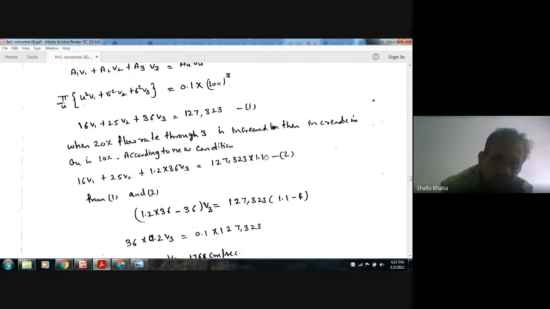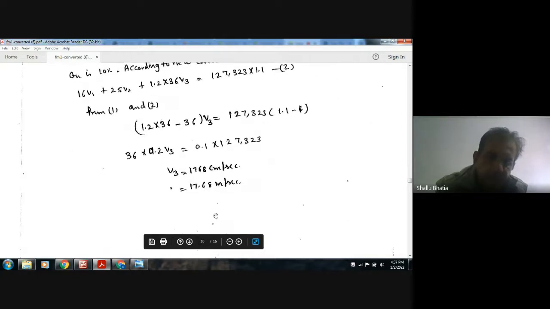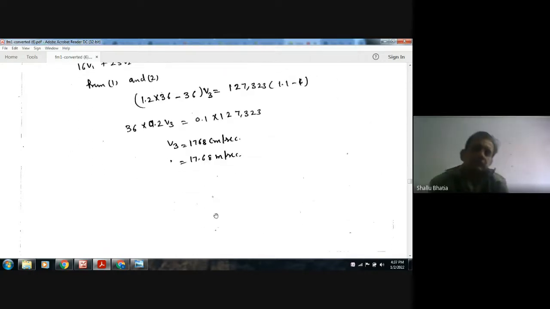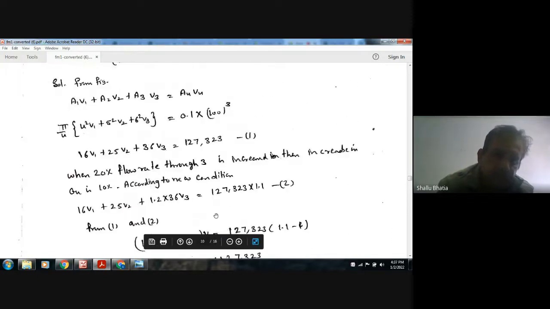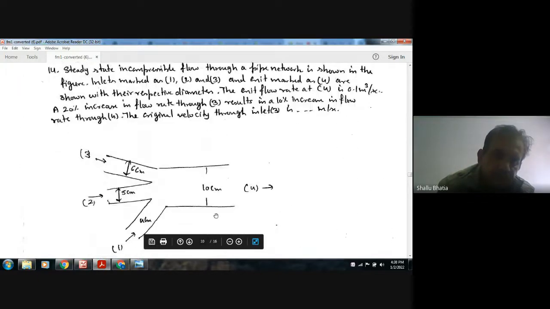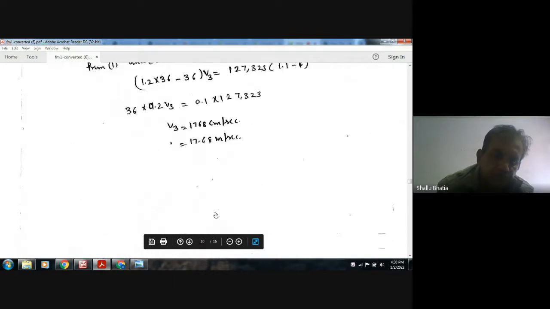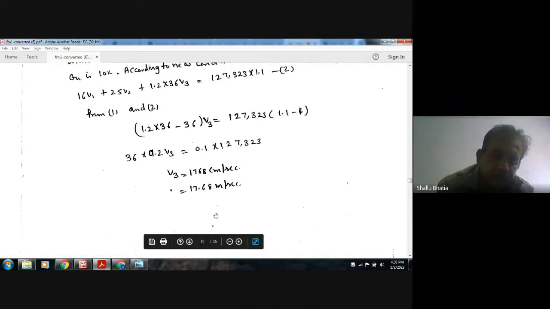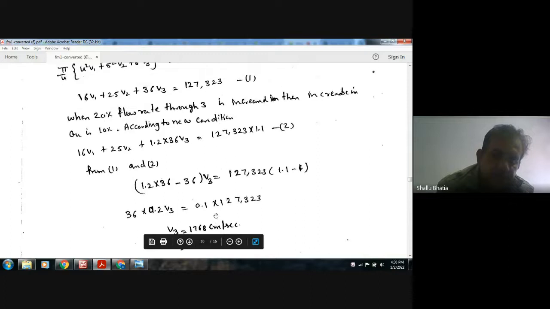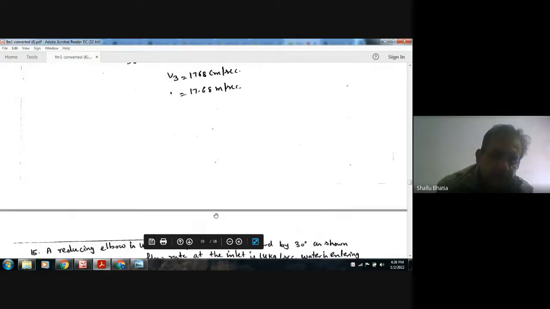Okay. From this, these two are the same. Okay. So subtracting this, we can have V3. Okay. So V3 is 178 centimeter per second or 1.78 meter per second. Okay, so the answer is out of the options. Next,